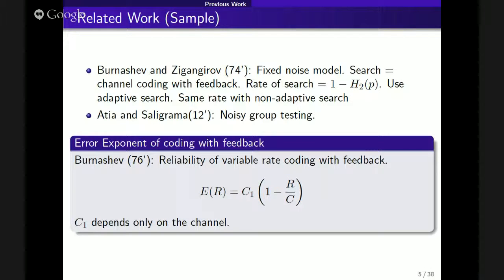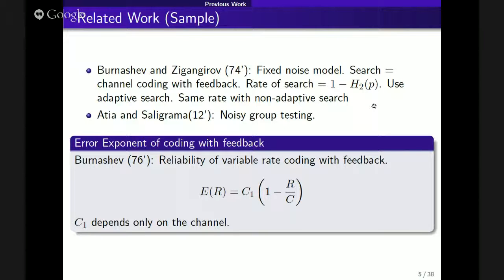So, just a sample of related previous works. We're not the first to consider search problems in the information theory literature. The first were Bernashev and Zigangirov, and they had a model in which they also have a target placed on the interval, and they give their system a location on the interval, and the answer they get is whether the target is to the right or to the left, and this answer might be flipped with some fixed probability, which we call P.